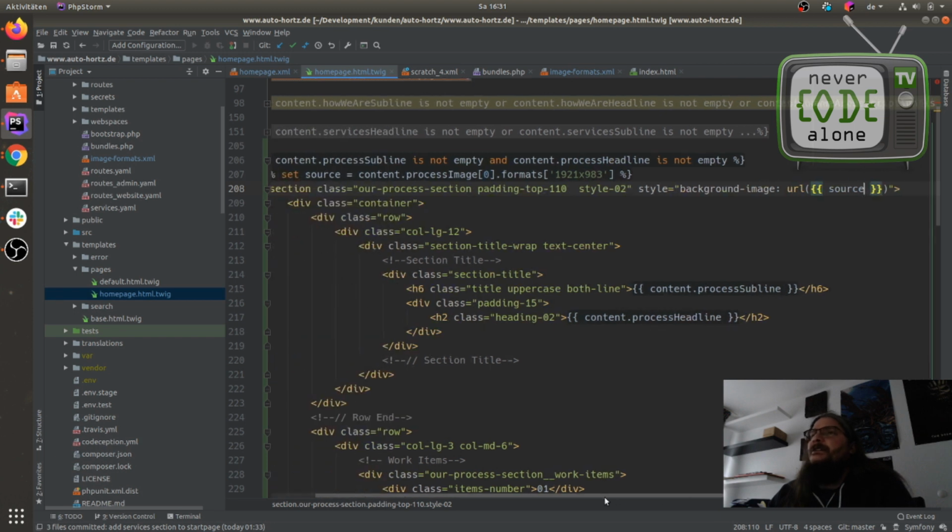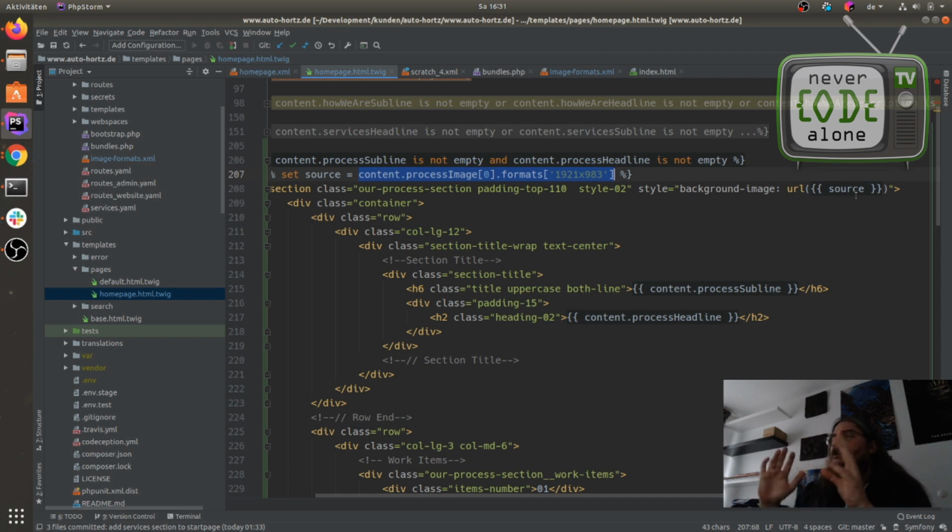The other way is that I put all this thing here into the HTML, and then there are super long lines and it's not easy to read, and also you have some kind of trick logic and HTML parts, and this is not the best what you can do, I think. So now we have here everything done.